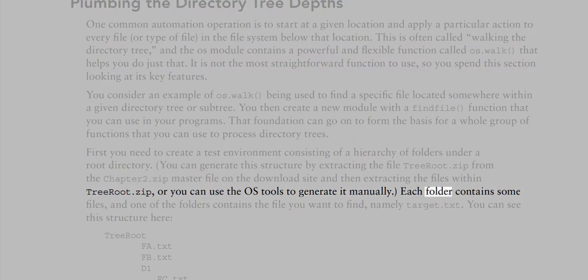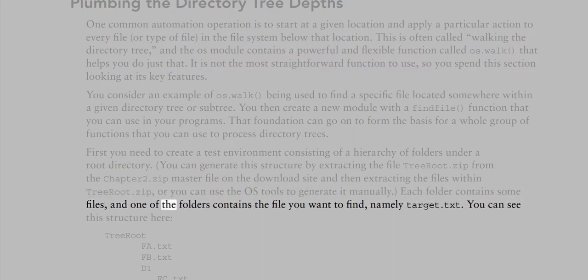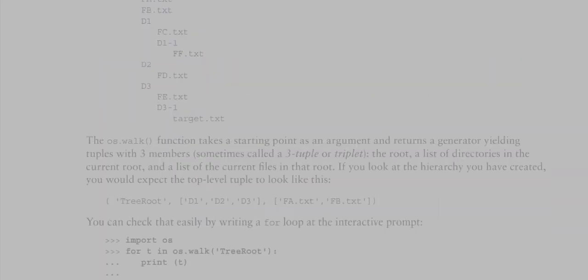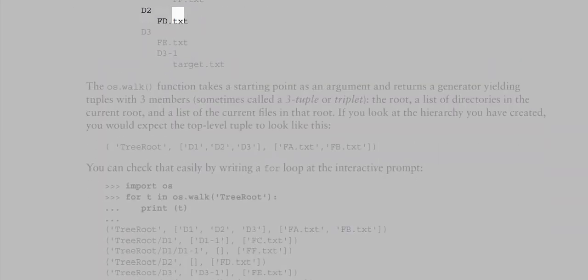manually. Each folder contains some files, and one of the folders contains the file you want to find, namely target.txt. You can see this structure here. treeroot: fa.txt, fb.txt, d1: fc.txt, d1-1: ff.txt, d2: fd.txt, d3: fa.txt, d3-1: target.txt. The os.walk function takes a starting point as an argument and returns a generator yielding tuples with 3 members,